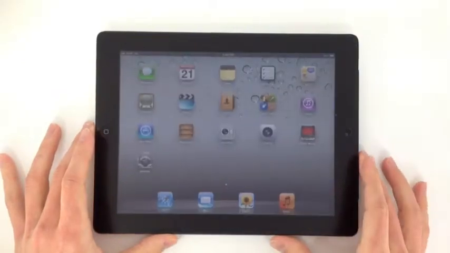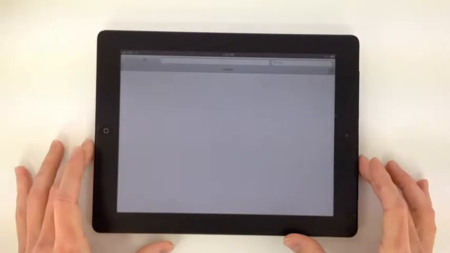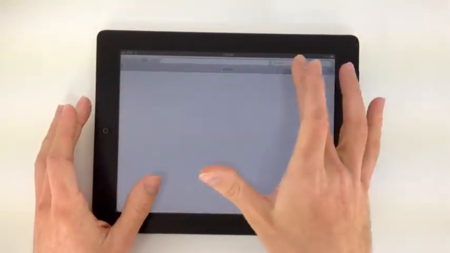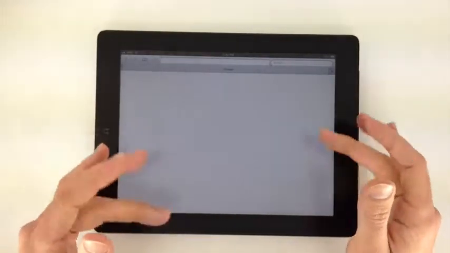Okay, now I'm going to take you through the whole Safari, pretty much the web browser, everything you're going to need to know about this guy. First things first, you'll notice this. Here's your URL bar, address bar. This is your Google bar, or you can change it to a bunch of different other search platforms like Yahoo